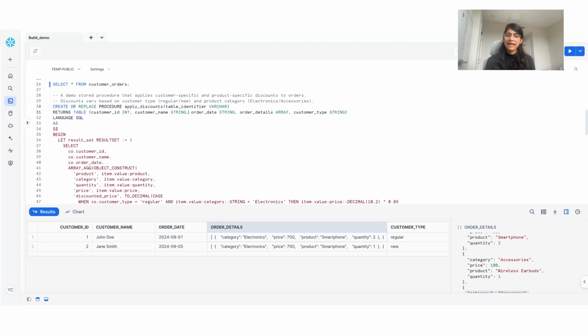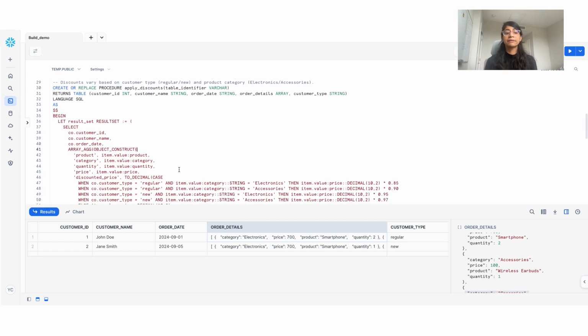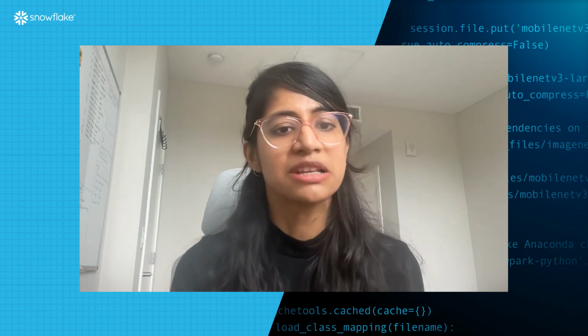So now, as I was saying, let's say in this demo, what this SQL analyst wanted to do is to apply dynamic discounting based on the type of customer and category. So in their logic, a customer that is a regular customer gets more discount. And when they're buying, let's say, electronics, which are of higher value, they get a little more discount than when they're buying accessories. But the important thing to note is that they could have written an ad hoc query to apply